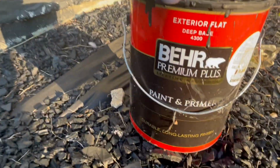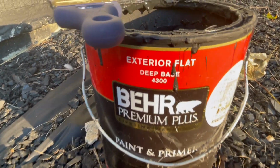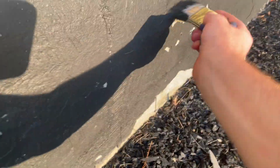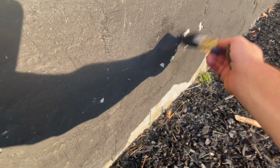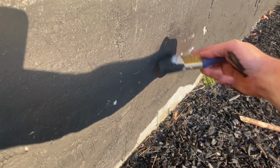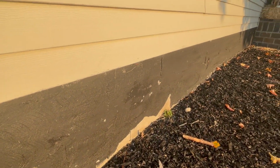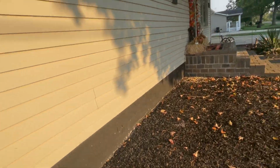So I'm using Bare Exterior Flat Deep Base Paint and Primer. So I'm just touching that up with some spots that need it. There's not a ton of paint left because I use this stuff a lot. But just want to clean it up. Just a pet peeve when you come out here and you just see some of those spots. It just looks dingy and just looks like crap. So I got to fix that. And then